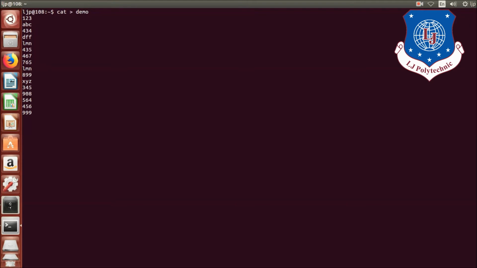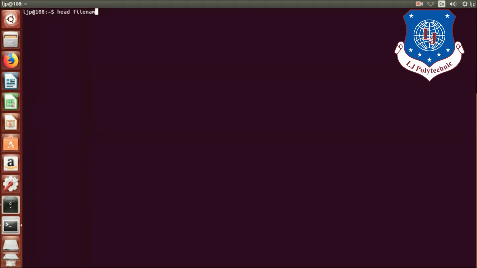Now we will see the command, that is head command. This command is used to print first 10 lines of given file. Syntax for this command is head space, you have to mention file name.